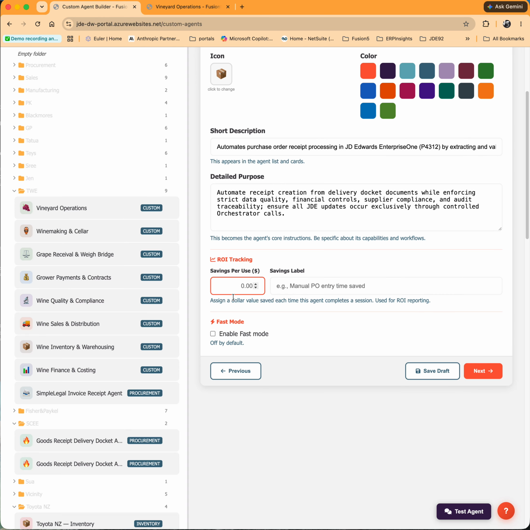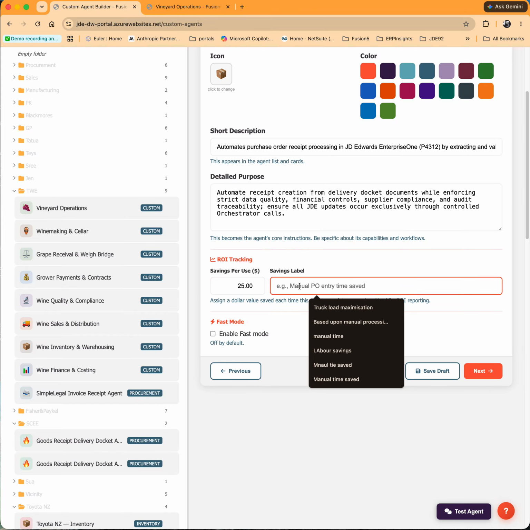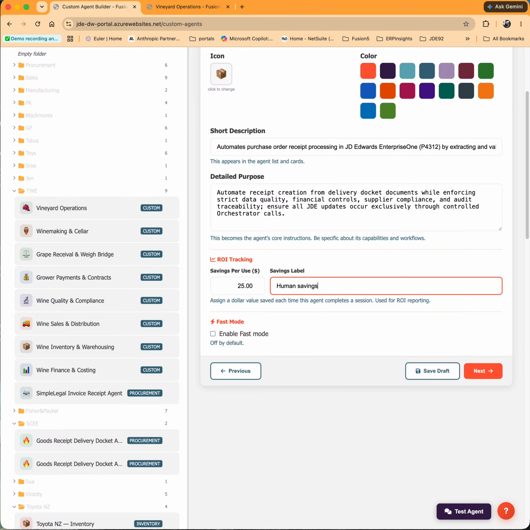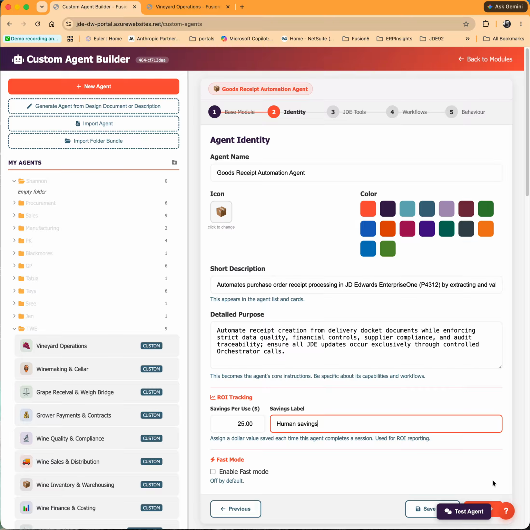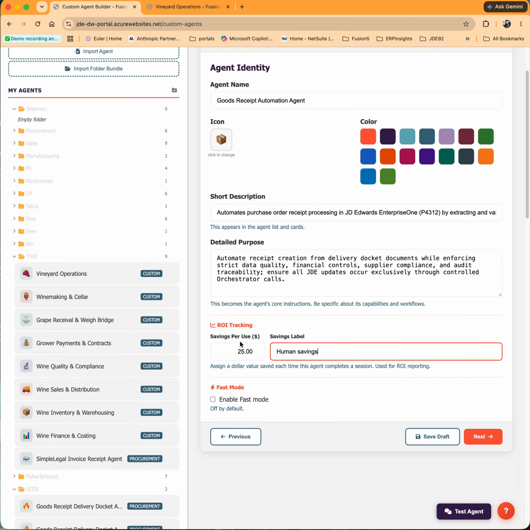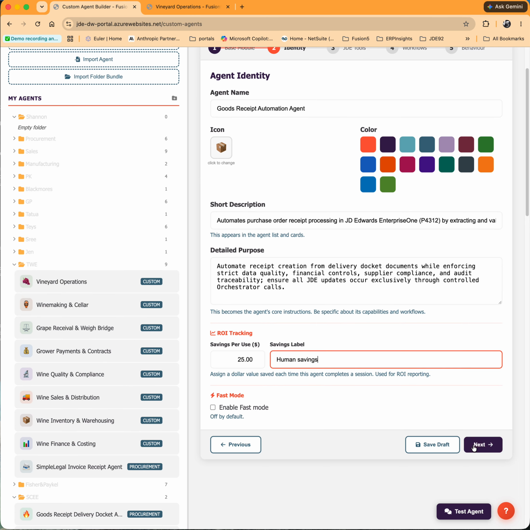We can actually put a dollar figure here. So if this runs successfully without human hands, that's worth $25 to me, and that's human savings. That's fantastic. And then we've got excellent reports here that allow us to see exactly what's going on in terms of how many times it's been run, how many tokens it's consumed,